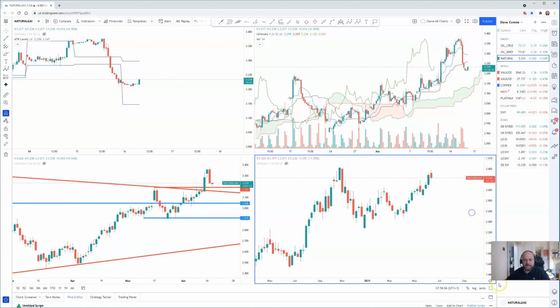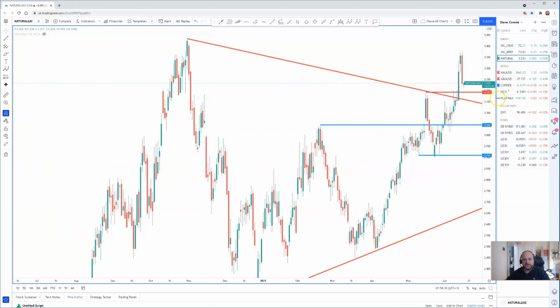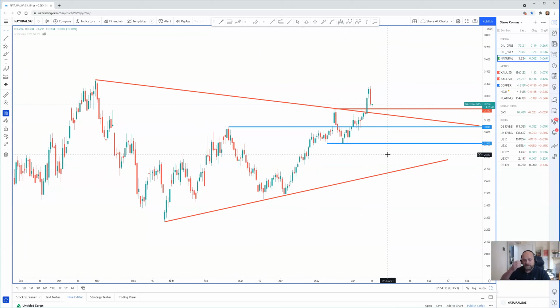Natural gas, we highlighted this as really interesting. On the daily chart, we were in a triangle formation, and we had two real serious levels to watch, and this has broken above the resistance. So we were consolidating within this triangle formation. It failed to break above the $3.20 level, but eventually did on the 11th last week, and that was Friday. And we can see that we've had a retracement yesterday on the 15th, and this for me will be a retest of the